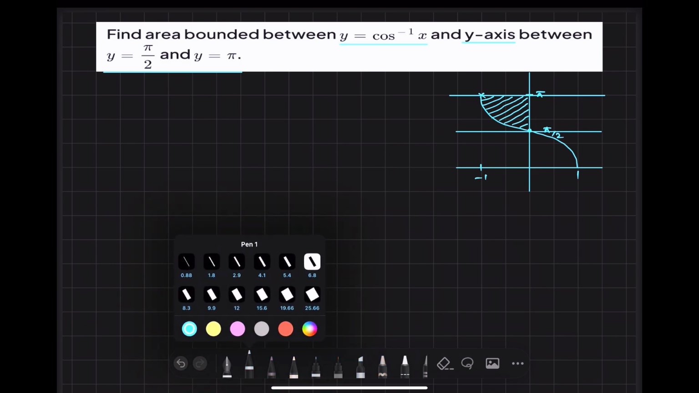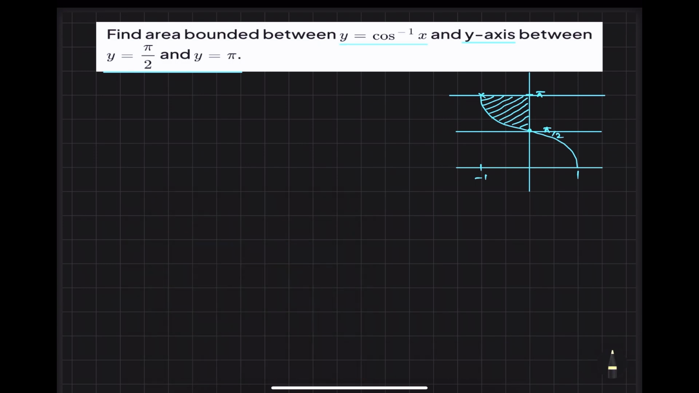Okay, so I feel that for this specific question we should go with dy. For that we will take a small strip of dy and then we will proceed. So here we have y equals cos inverse x. Now look at the area. So area is